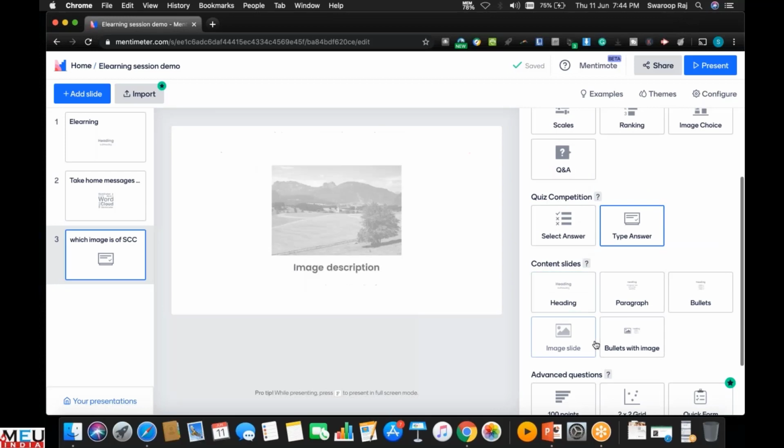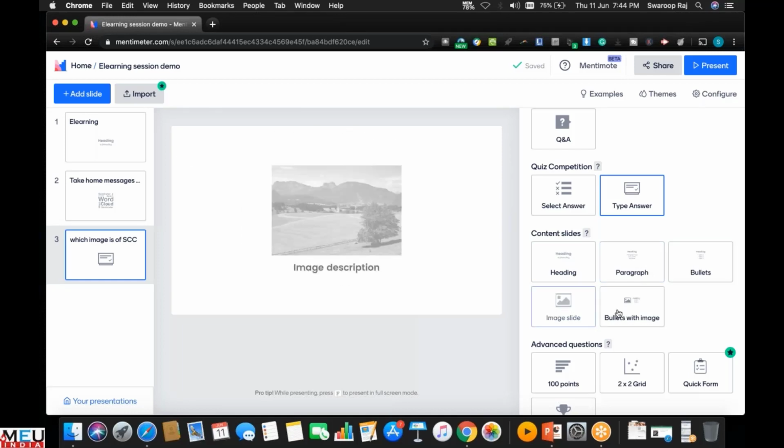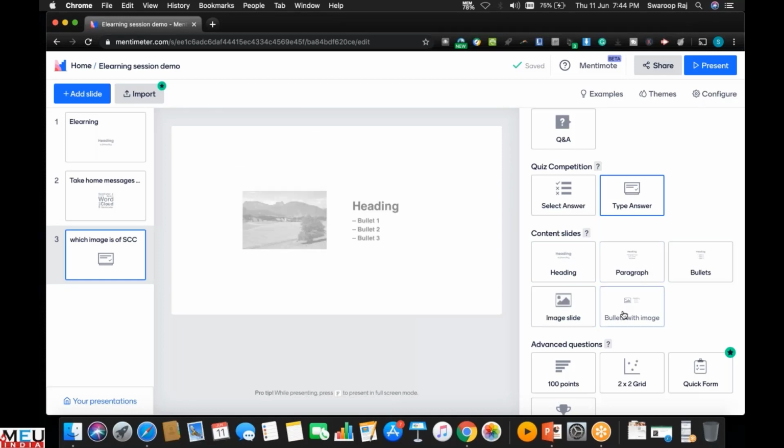Then there are your content slides. Content slides in this particular software are not as great as the next software that we'll be seeing, that is Prezi. So you have your heading slide, and you have the options of paragraph, bullet points, image, and bullets with image. You cannot alter this.